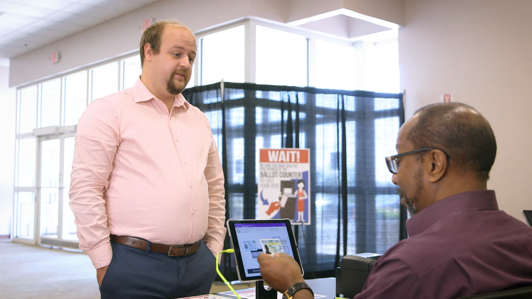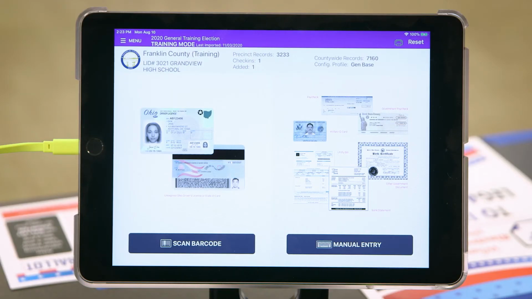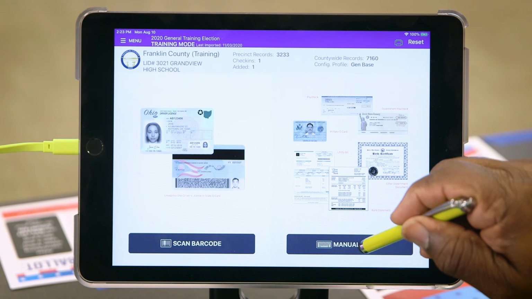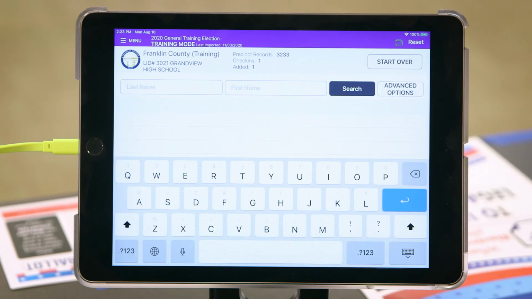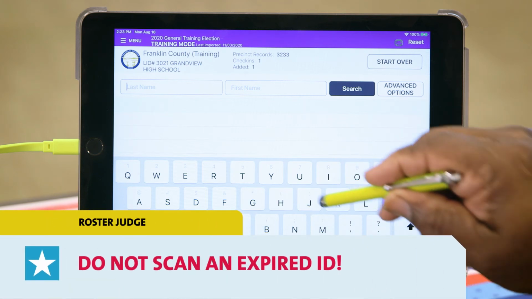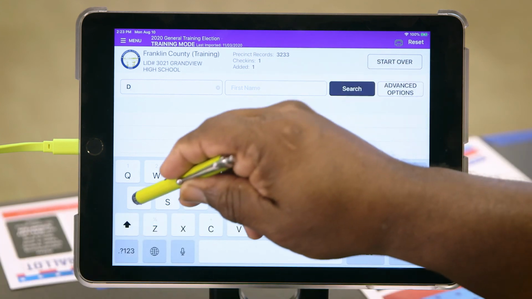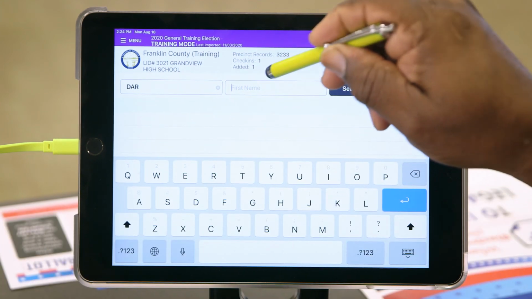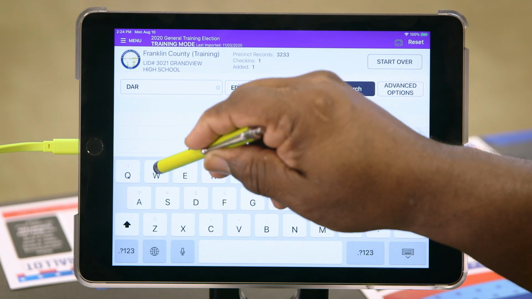In this case, he does not have any other form of ID. He can still vote provisionally. Press Manual Entry on the EPB screen. The voter states his name is Edward Darby, and he lives at 1337 Ashland Avenue. Do not scan an expired ID. Enter the first 3 letters of the last name and the first 3 letters of the first name, then press